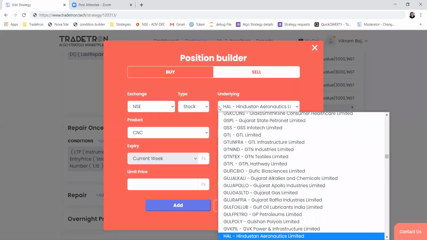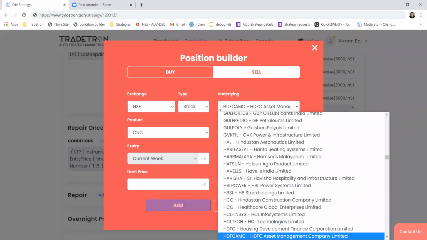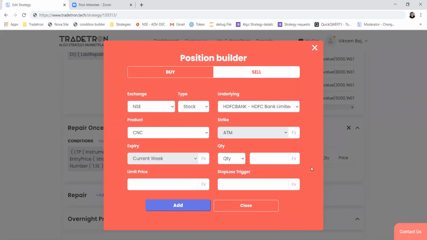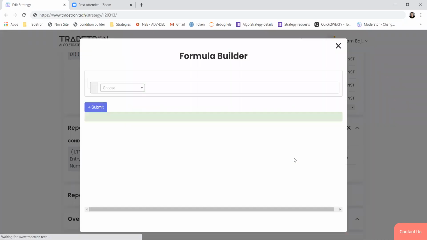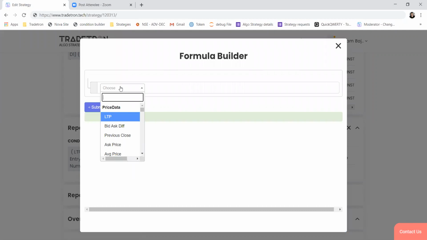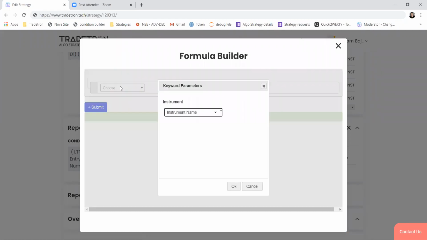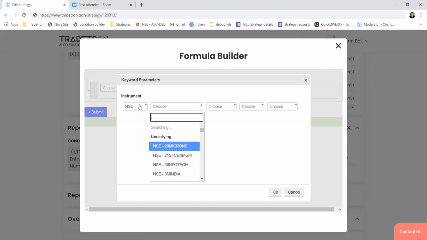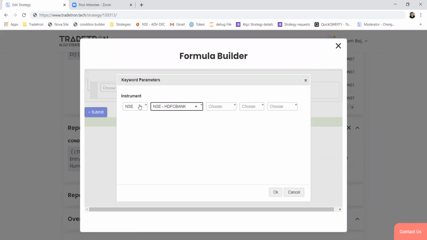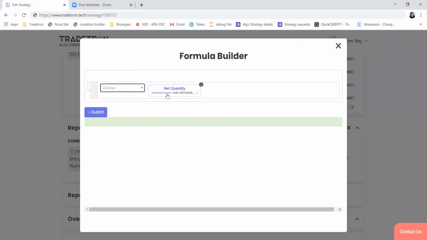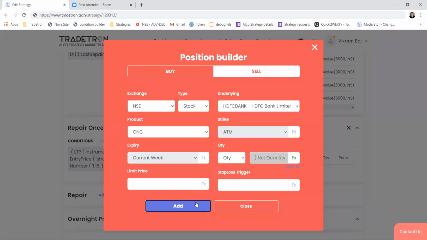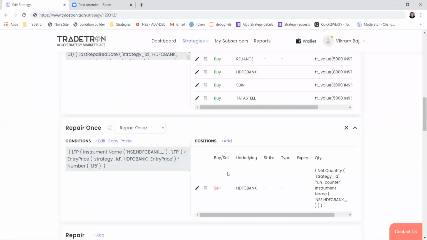So we'll have to write a formula in our quantity field. We'll use this fx here, and the quantity will be net quantity in HDFC Bank. So this will automatically find the total net open quantity in this particular stock, and it will exit that quantity.